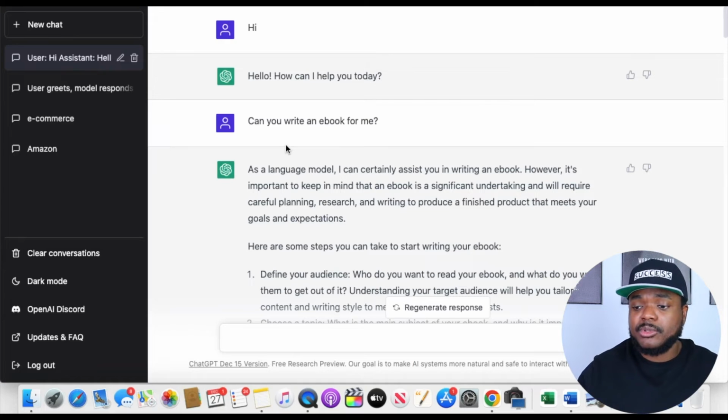And once you've got their email address and you've added them into an email list, you're going to be able to now send them out various different valuable emails in relation to the topic of that ebook, as well as also send them out various different affiliate offers. So for example, just to show you exactly how ChatGPT is going to help you with all of this,